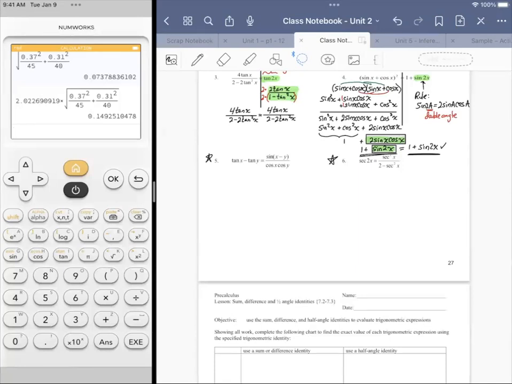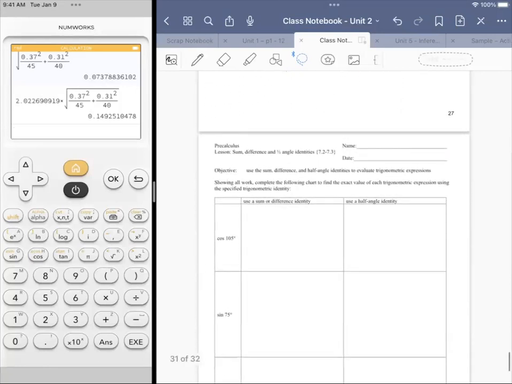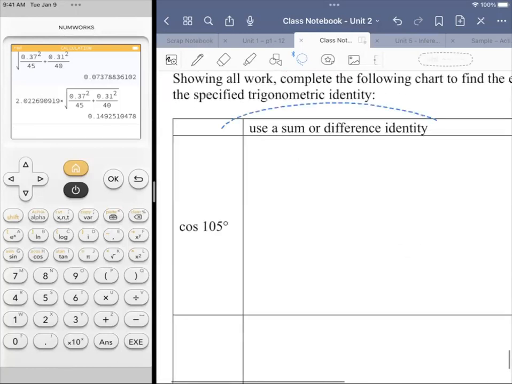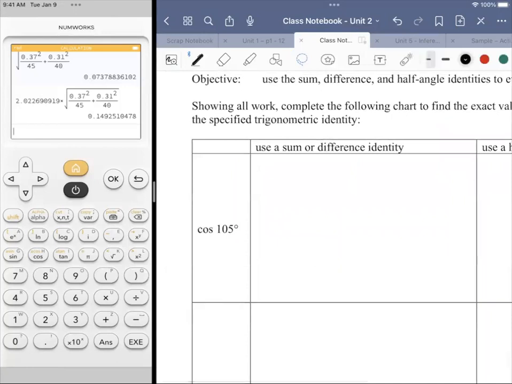So let's take a look at cosine of 105. It says use a sum or difference identity. The technique I want to use here involves rewriting 105 degrees as the sum or difference of two special angles from the unit circle. Now this is in degree form, so we want a sum or difference